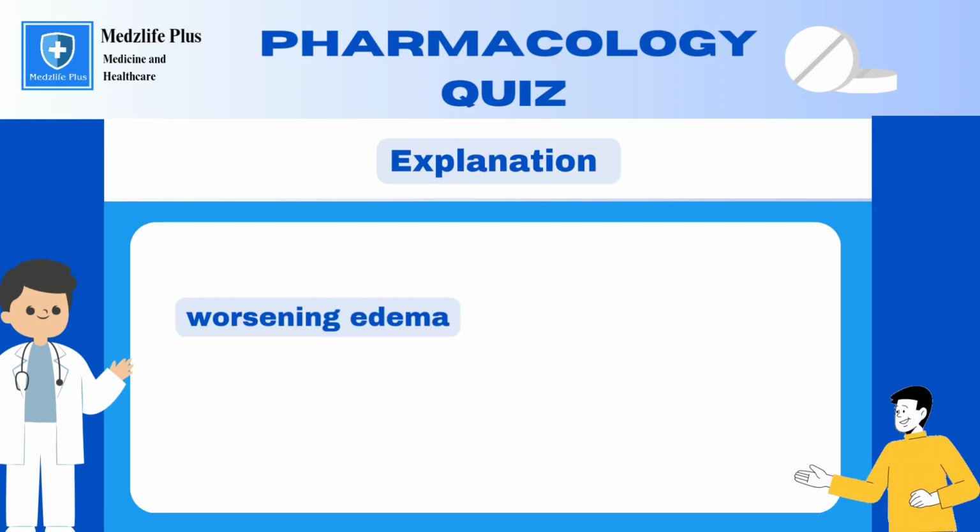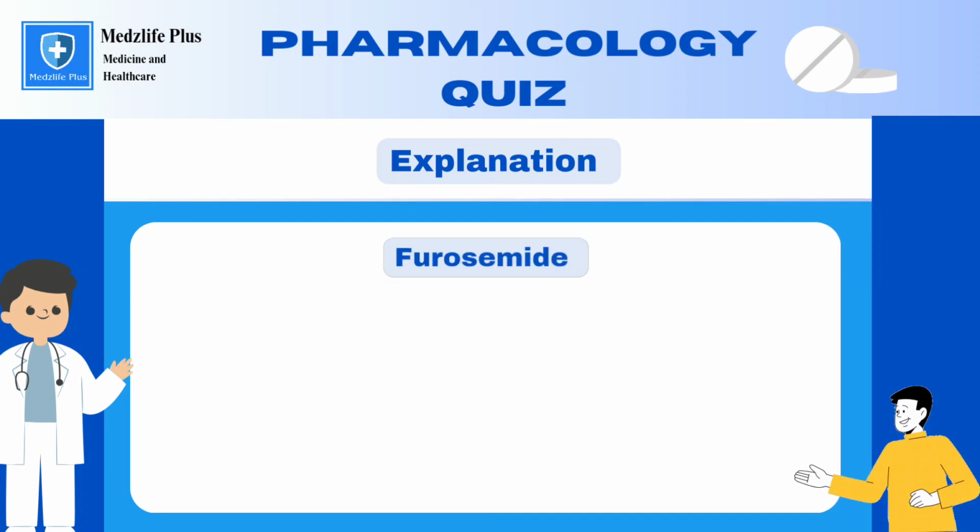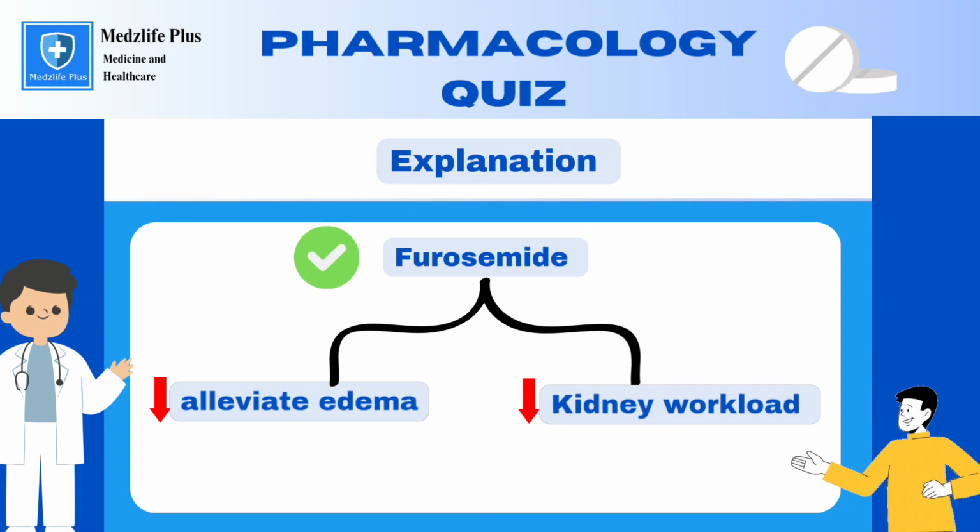Explanation: the patient presents with worsening edema and elevated serum creatinine, indicating possible fluid retention and compromised kidney function. Adding a loop diuretic like furosemide is a common approach to managing fluid retention in patients with compromised renal function. It can help alleviate edema and reduce the workload on the kidneys. However, the final decision should be made in consultation with a healthcare provider, considering the patient's complete medical history and